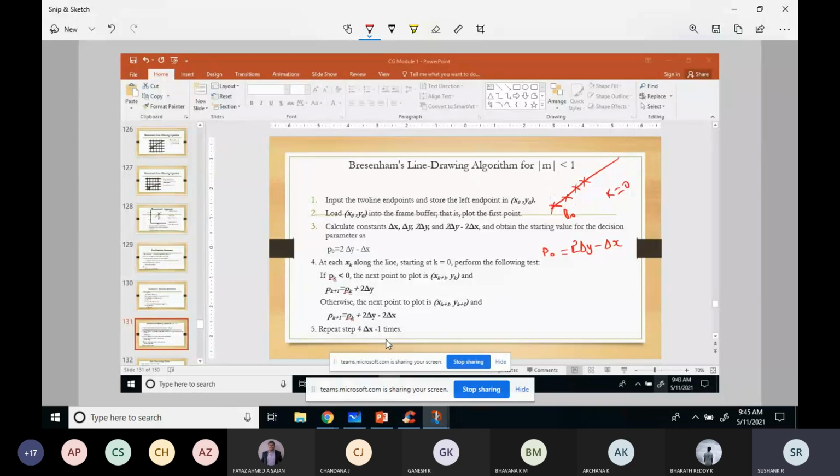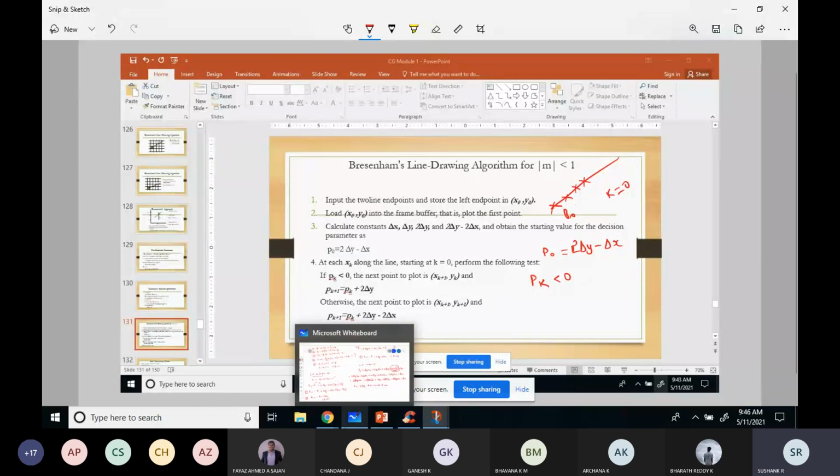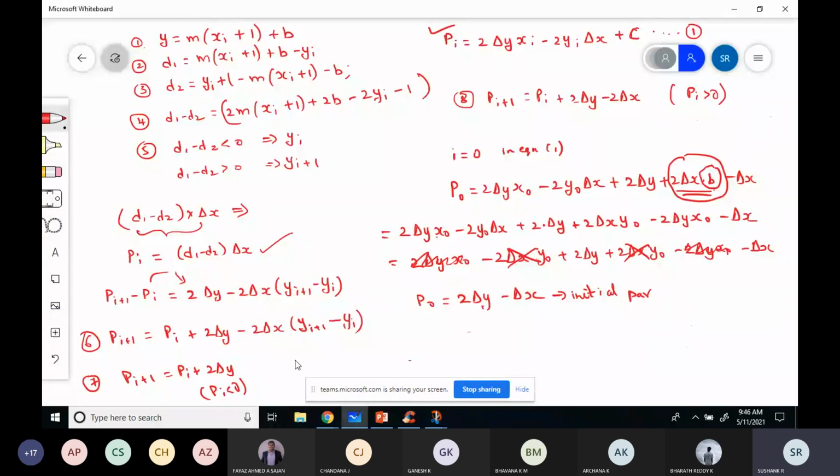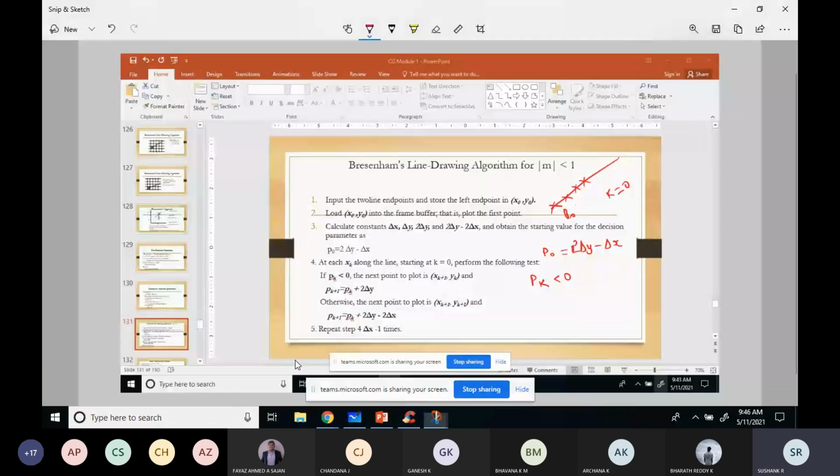After that, at each point along this line, you calculate pk. If pk is less than 0, you know the equation; if pk is greater than 0, you know the equation. So after p naught is calculated,